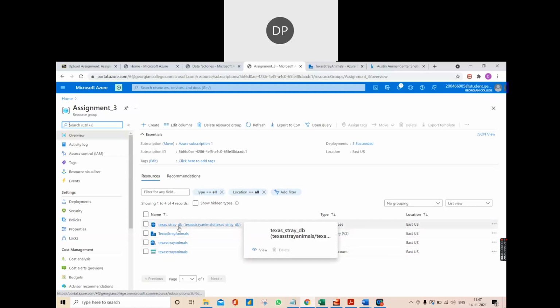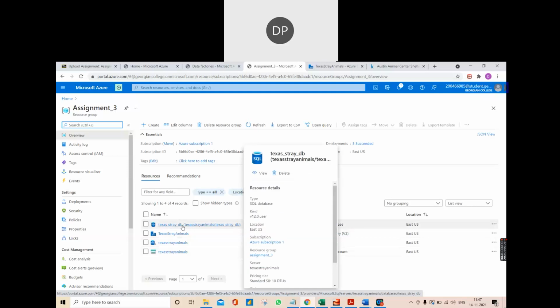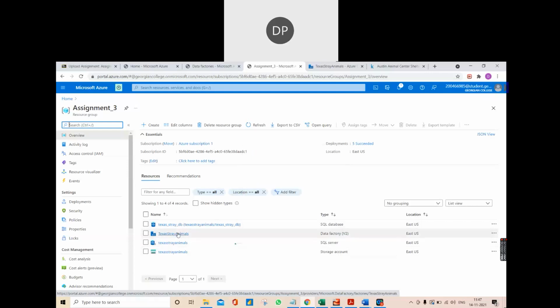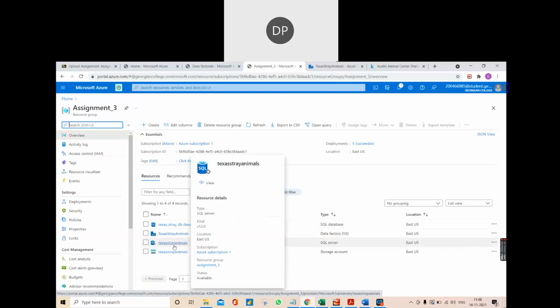The first one is Texas_stray_DB. That's our database name in which the CSV file has been stored. Texas stray animals is the data factory name. The third one is our SQL database table. All the data are stored here in exactly the same manner as in the CSV.